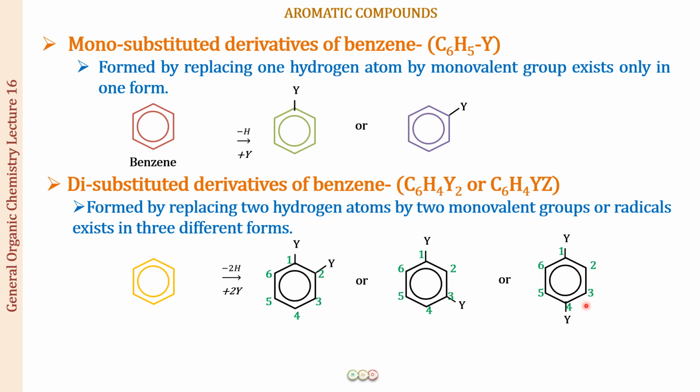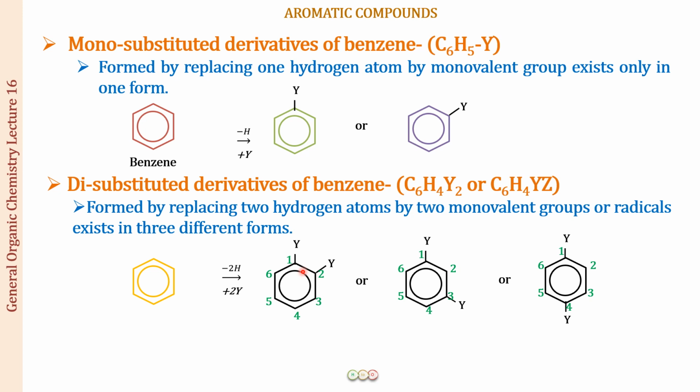Now if you move one step further from carbon number 4 to carbon number 5, you will be starting the numbering from this side so that you give a lower number to the Y. So it would be carbon number 1, carbon number 2 and carbon number 3, a repetition of this structure. And if you move one step further to position number 6, then you are not going to number it this way, you are going to number it this way. So it would be carbon number 1 and carbon number 2. Alright, so it would be a repetition of this structure.